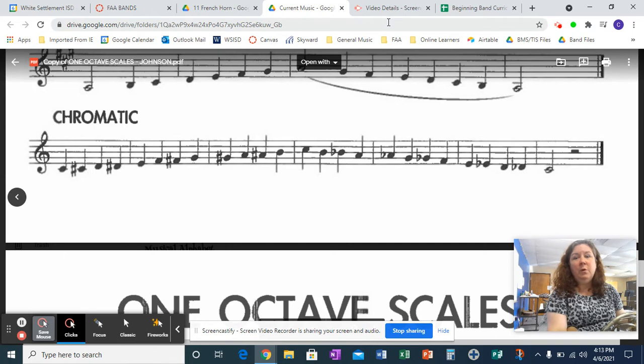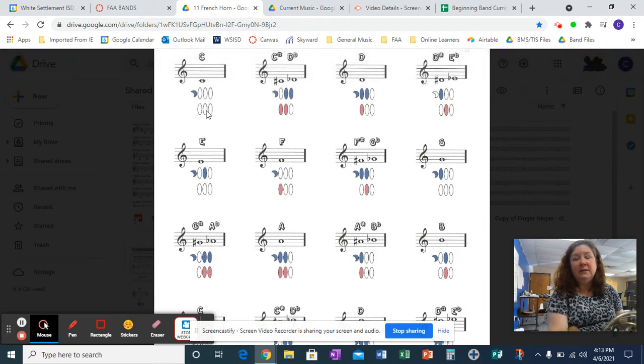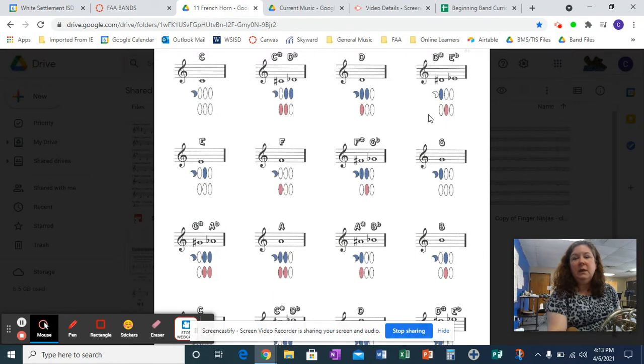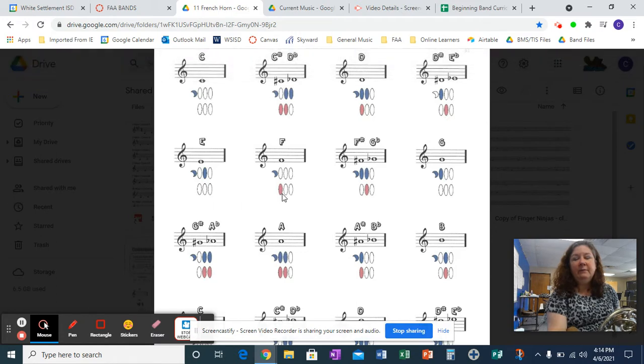So I'm going to roll on over here to your fingering chart. So let's take a look at how it looks on your fingering chart. So we're going to be using these lower fingerings here until we get to the A flat, and then we'll flip over to the other side of the horn. So I'm using open C, and then we'll be using 1 and 2 for your C sharp or D flat coming down. Then we'll do first valve for the D, middle valve for the D sharp, E open, F first valve,